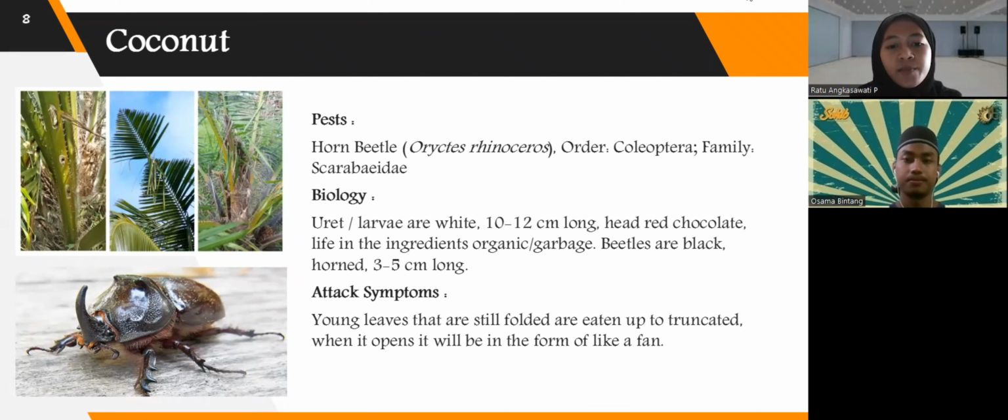Family is Scarabaeidae. The biology of this pest: the larvae are white, 10 to 12 centimeters long, with a red chocolate head, and live in organic material or garbage. The adults are black, horned, and 3 to 5 centimeters long. The attack symptoms: young leaves that are still folded are eaten until truncated. When it opens, it will be in the form of a fan. And the next is